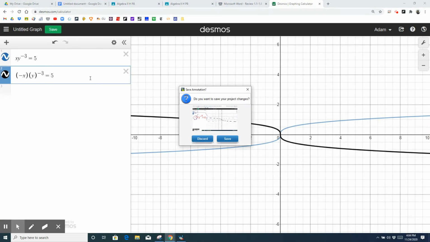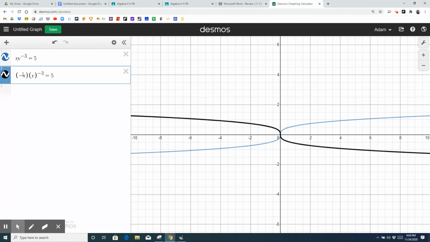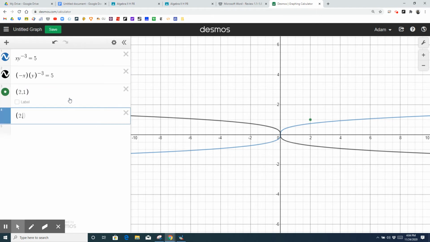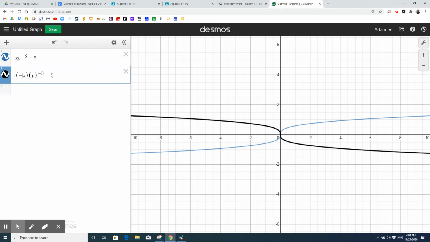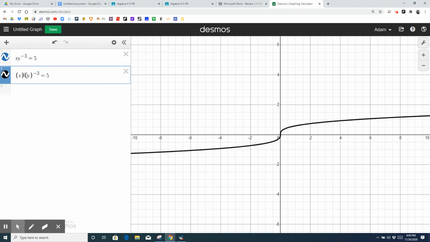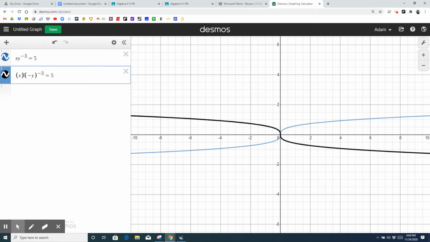All right, and if you wanted to reflect something over the x-axis, a point reflected over the x-axis, like let's say I took this point 2 comma 1 and reflected it over the x-axis, that would be 2 comma negative 1. So I change the y coordinate's sign, but I don't touch the x coordinate sign. So if I made x the same thing, but made that negative, that's what an x-axis reflection would